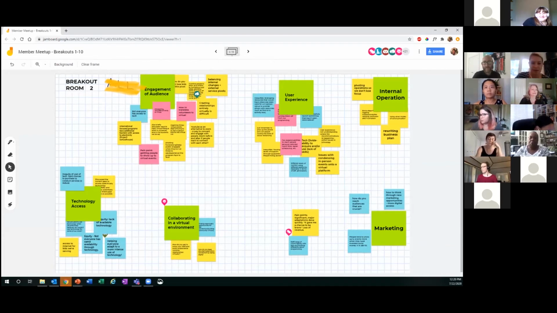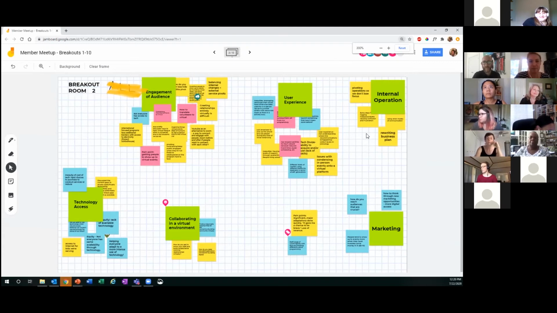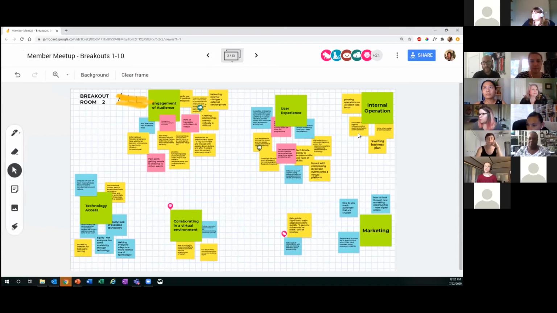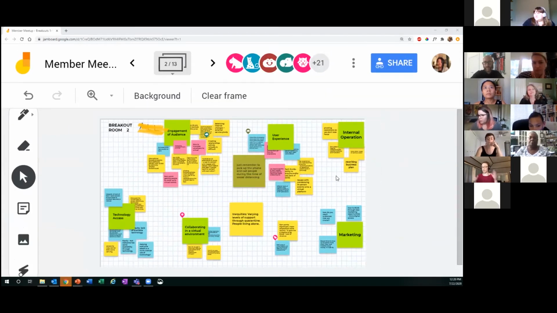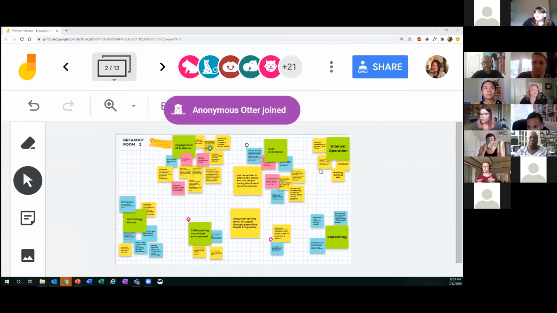Absolutely. So I'm going to go to the Jamboard where we have that grouped. User experience is the experience someone has with whatever you've got. It could be a program, a product, or a tool. It could be me literally interacting with my phone. It could be you sitting through this training and your experience with that.